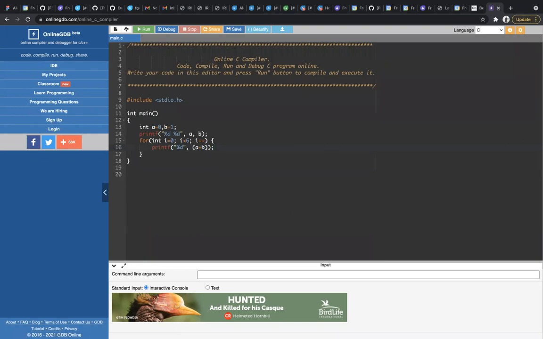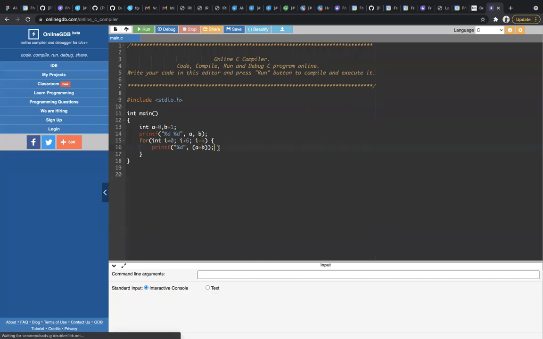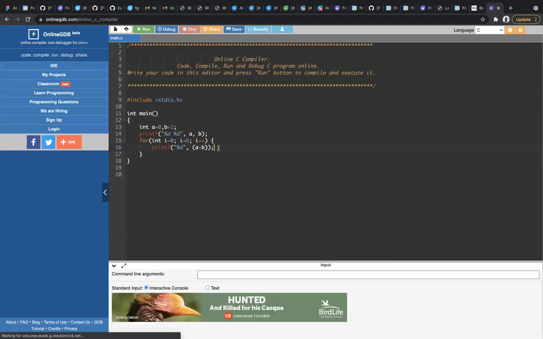Okay. Fine. 0 first it will print, 1 for b it will print, a plus b, 0 plus 1, 1 it will print. Now the fourth number should be 1 plus 1, right? So my previous context should change. A and b are considering my previous context, right? So I need to interchange the values.